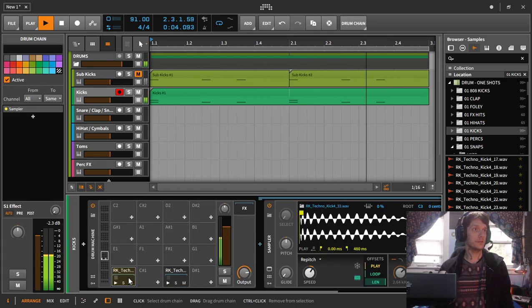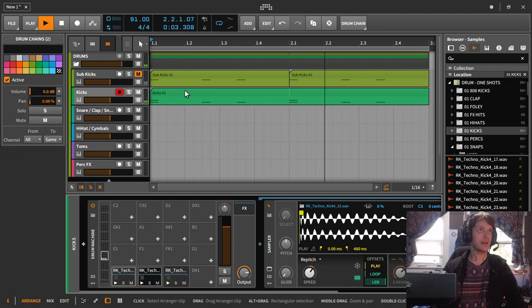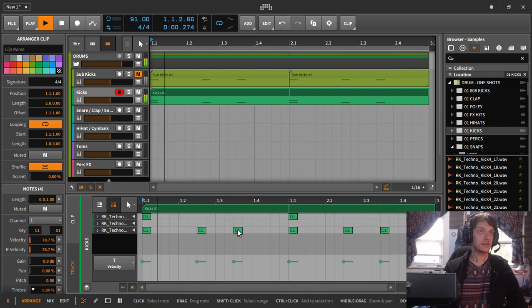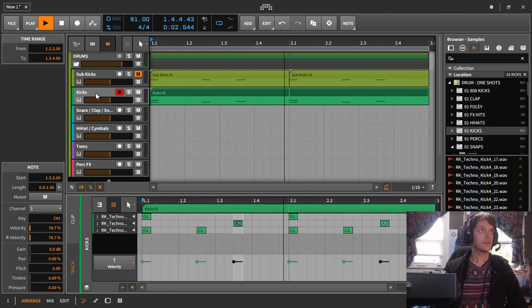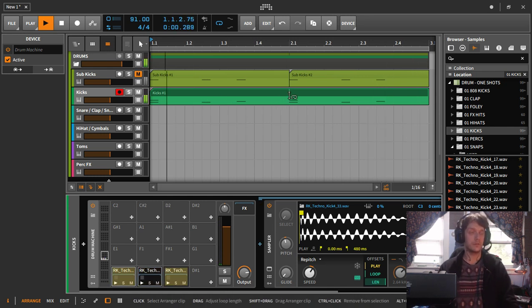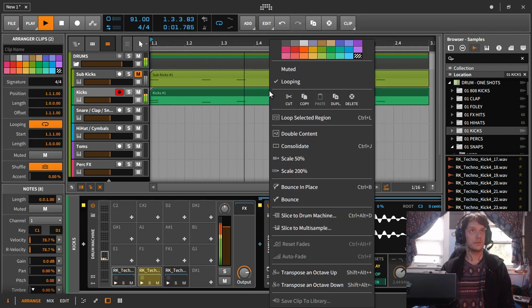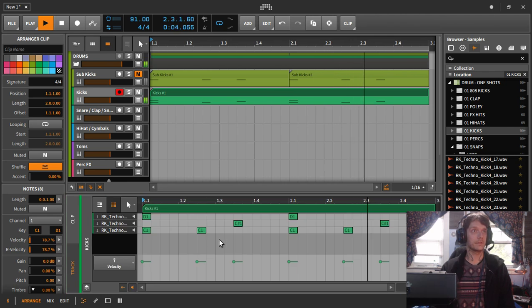Now what I'm going to do here is I'm going to hold control and duplicate over this kick drum track. I'm going to drag that second kick up, and now we're going to pitch this one down a bit. And you know what? Let's cut here, consolidate them, because